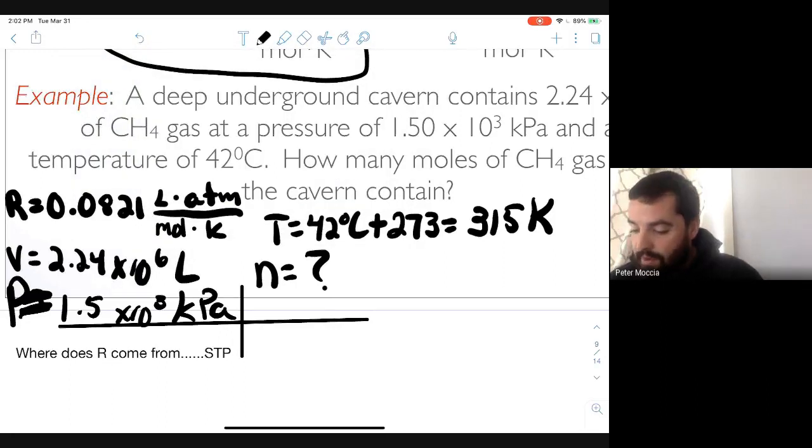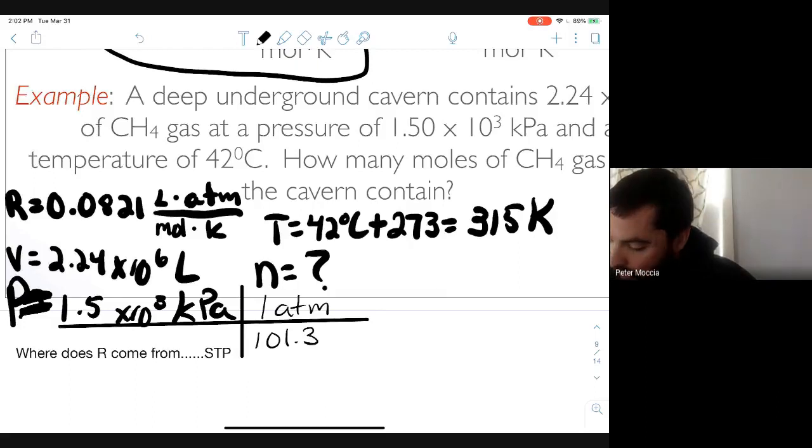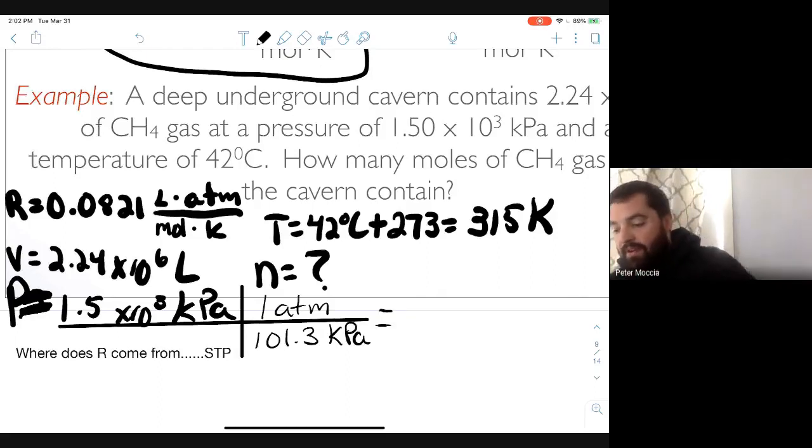So this is 1.5 times 10 to the third kPa. We said earlier that 1 atmosphere is equal to 101.3 kPa. Okay, so 1.5 times 10 to the third, that's 1500 divided by 101.3, and you're going to get 14.8